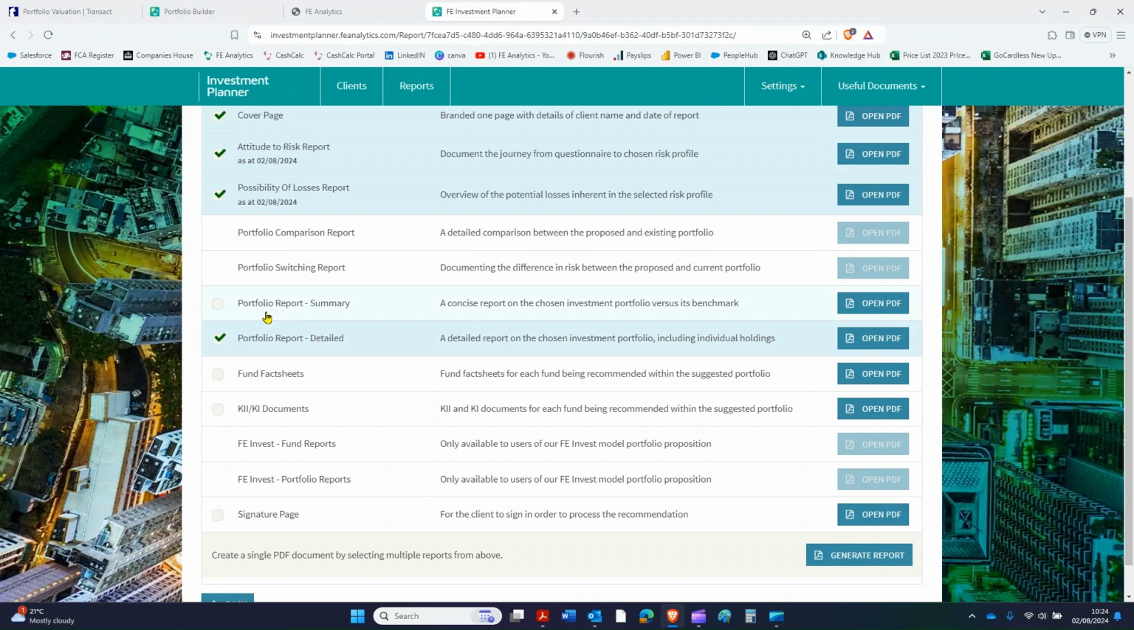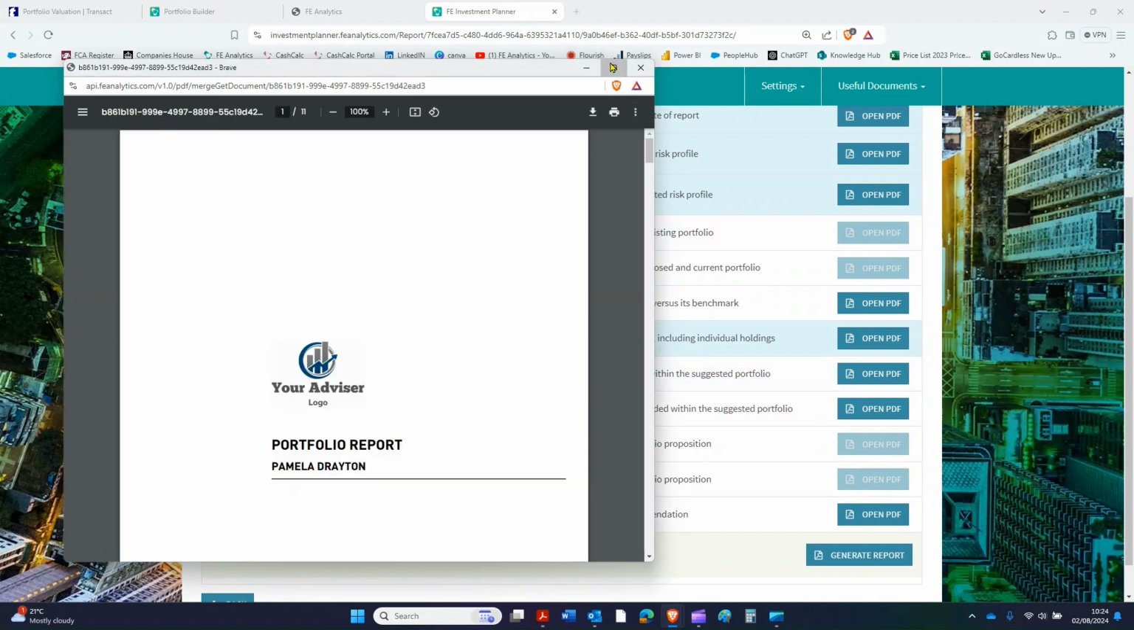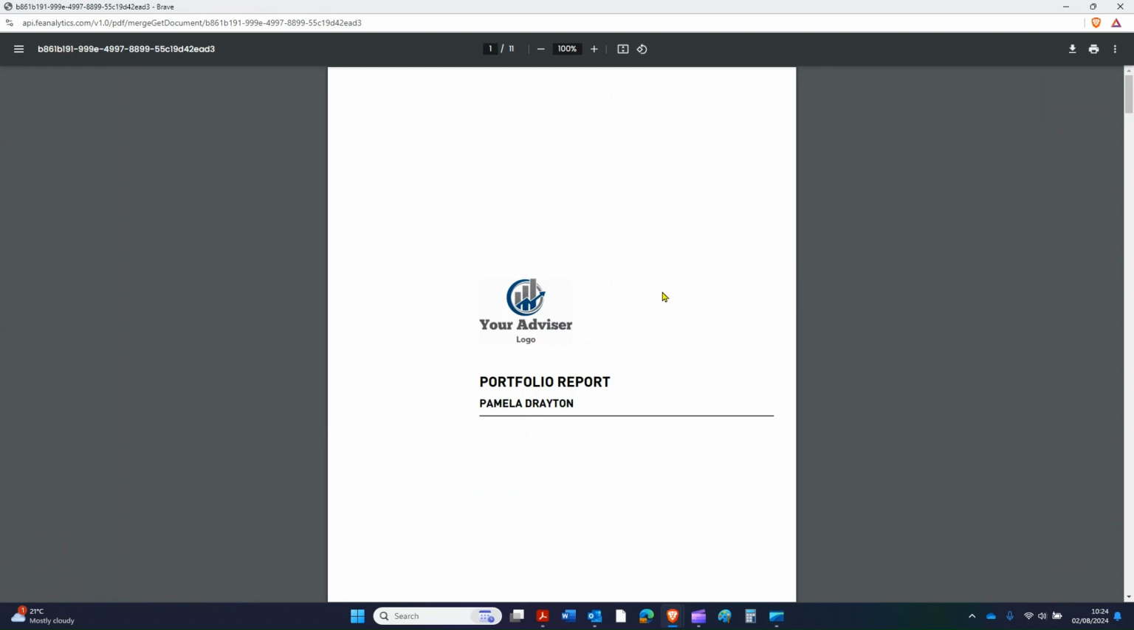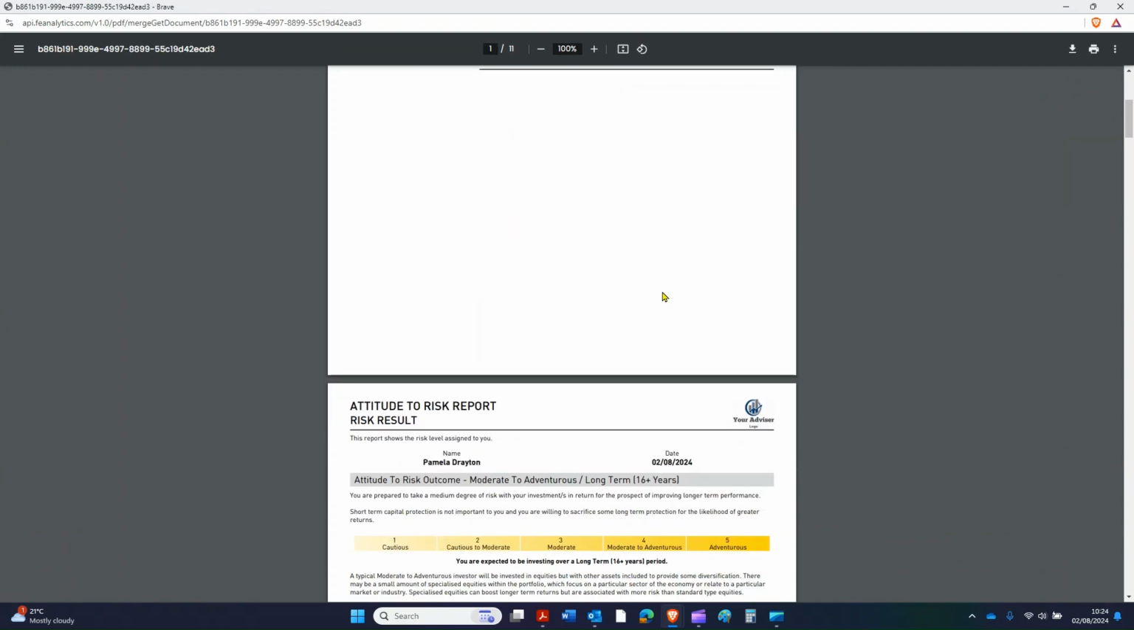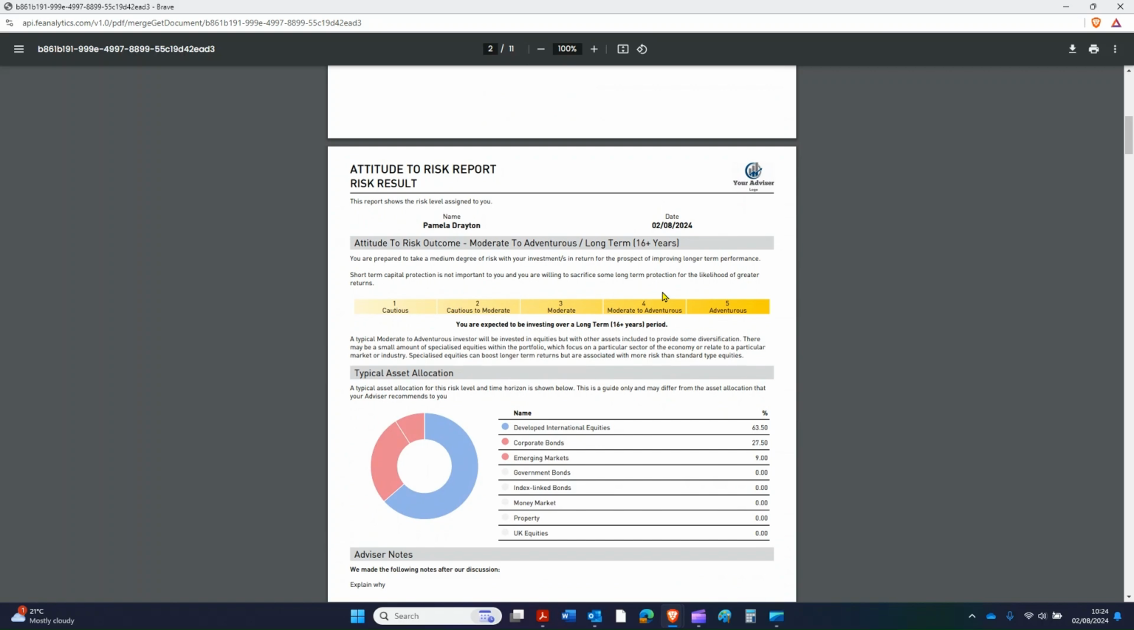So I want the detailed one as opposed to the summary. I can add in the fact sheets and the KIDs documents to this. I won't bother in this case, and I can add a little signature page at the bottom as well, but I'll just generate this and take a look at that for a second. And this is a nice risk report here. It gives me my company logo, details of the client,